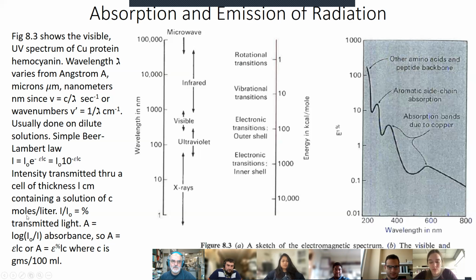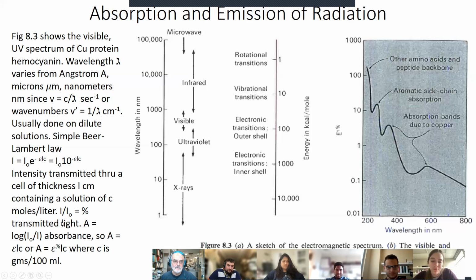If you change the units here and bring I0 to the other side, then this becomes percent transmitted light. I over I0, how much light comes through? If the concentration is too high, nothing comes through. You can't see it. If the thickness is too long, you also can't see it because a lot of the